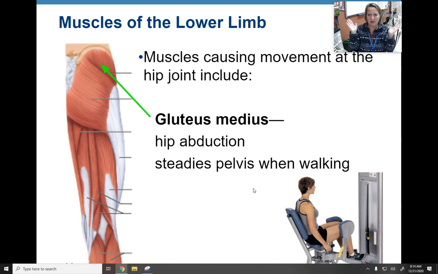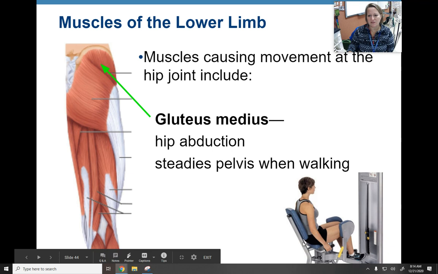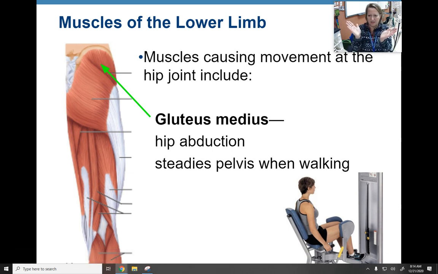So ab, add, ab, add. So when you're looking at the exercise that you would do in the gym with that, ab means to push away. So you can see here that the pushing will occur against these cushions, and you'll spread your legs this